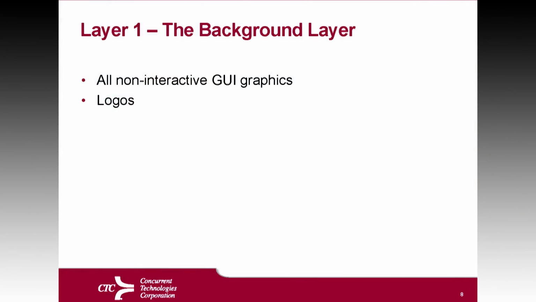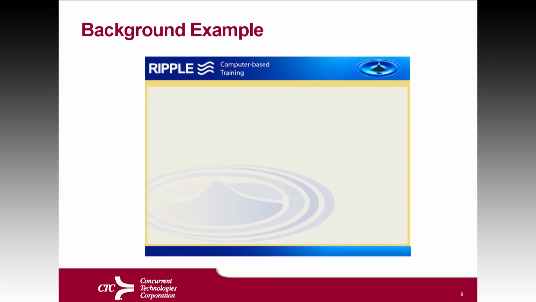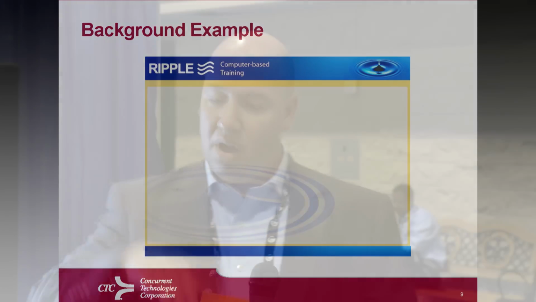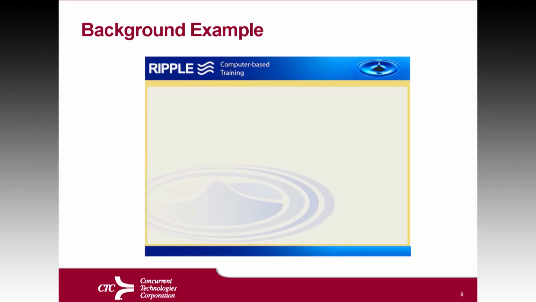So the background layer, as I stated, is all non-interactive GUI, graphics, logos, and would be something similar to this. It would just give you your basic look and feel, and if you picture it basically as three layers, that would be your bottom layer with two transparent layers over top that you can see down through. So as you're seeing your training, this is what's going to be there at all times and is completely non-interactive. By laying that in, you're able to update the look and feel of your project without having to stick to a specific skin. So every project, every client can have their own look and feel as they request.